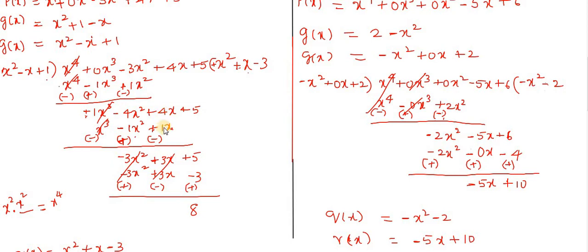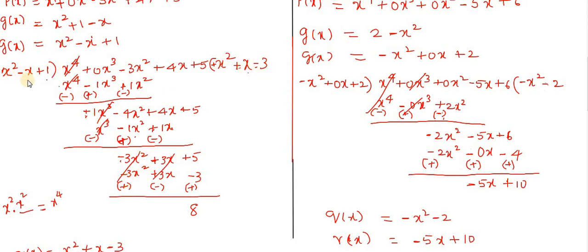Then 4x minus 1x plus 3x, then plus 5. So now we are starting at the beginning, minus 3x square is there. So already here also x square is there. So take this minus sign here and put here. Okay, done. So what we should multiply to make x square as 3x square? Yes, it's nothing but 3.